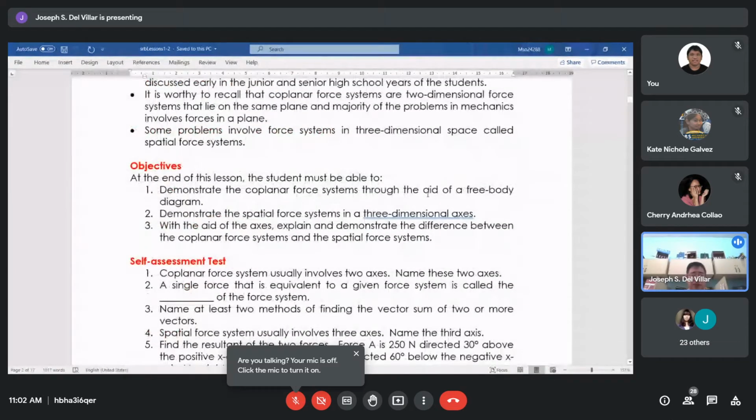Okay, at the end of this lesson, the student must be able to demonstrate the coplanar force systems through the aid of an FBD, no? And then demonstrate the spatial force systems in a three-dimensional axis. And then with the aid of the axis, explain and demonstrate the difference between the coplanar force systems and the spatial force systems. Now, you are supposed to take first the self-assessment test